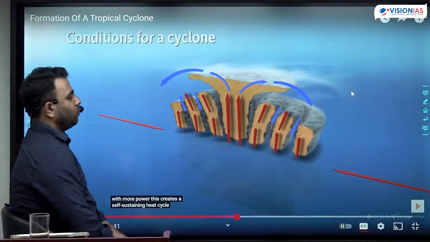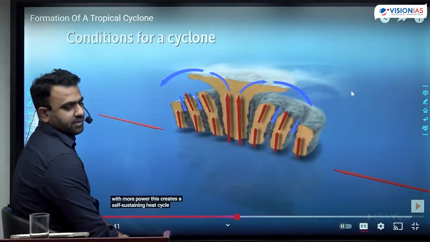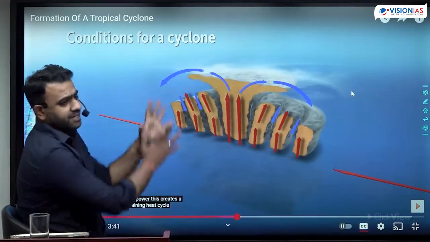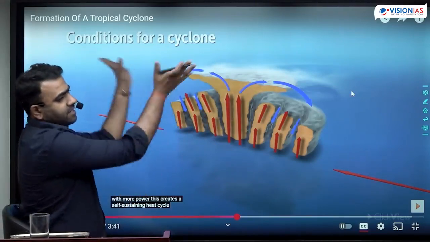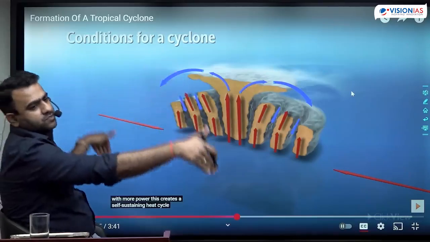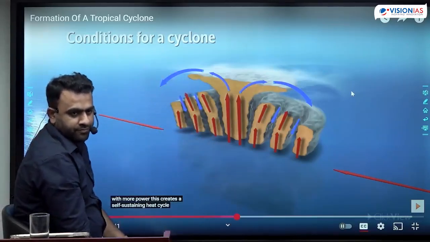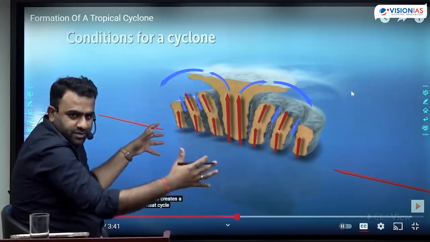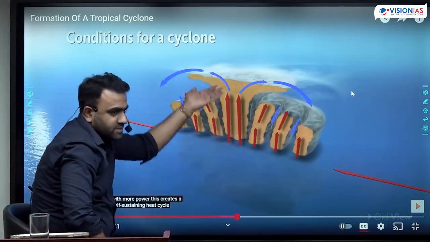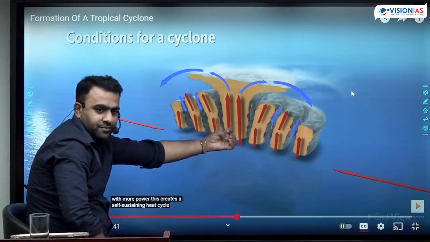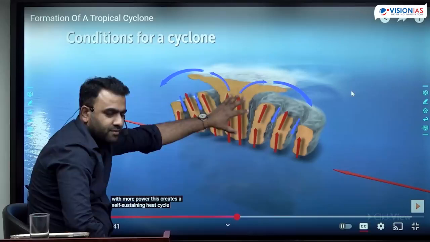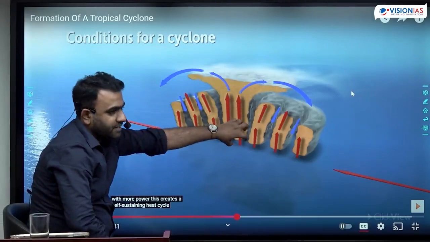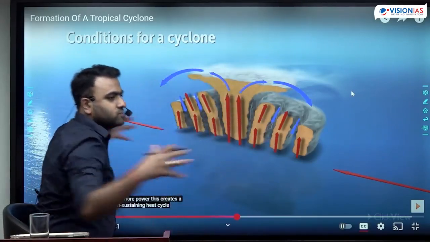So, what happens to the rising air? The rising air, there is a strong convection happening at the center, right? It reaches the edge of the troposphere, it gets diverged. And as this air comes out of the system, there it starts to subside. Where there is no convection, from there it will start to descend, it starts to subside. And as the air at the center is rising up, this will create further suction. Because the air is rising up from, this is a huge, imagine a circular area. Okay, so it creates a suction. The air from the entire surrounding area begins to move towards the center.